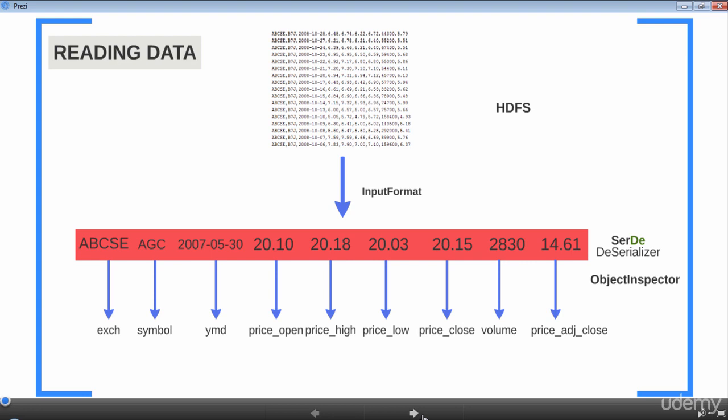Now the entire record is deserialized, and now we need some help to get the needed data from the record. In our case, we just need the volume column. Mapping the deserialized record into columns is done by a class called Object Inspector in SerDe. The Object Inspector knows how to construct individual fields. Again, in our use case, the Object Inspector will know how to extract the column value out of a deserialized